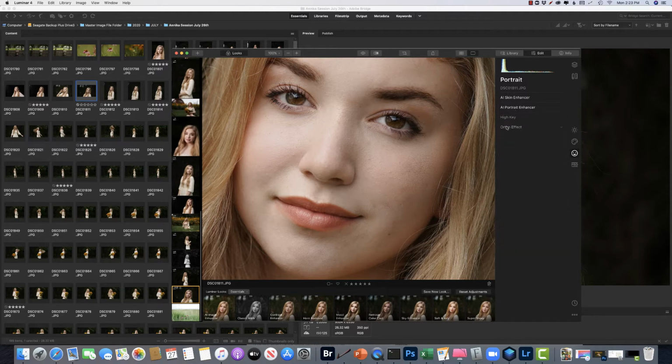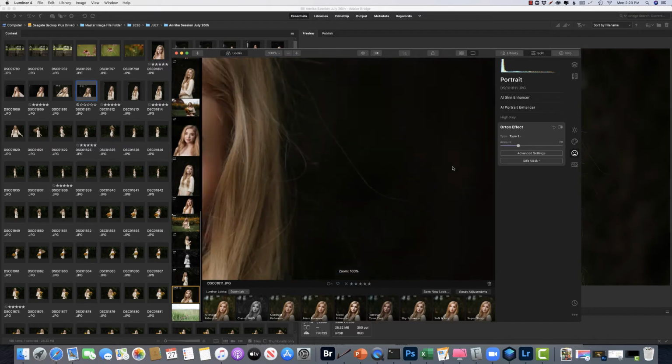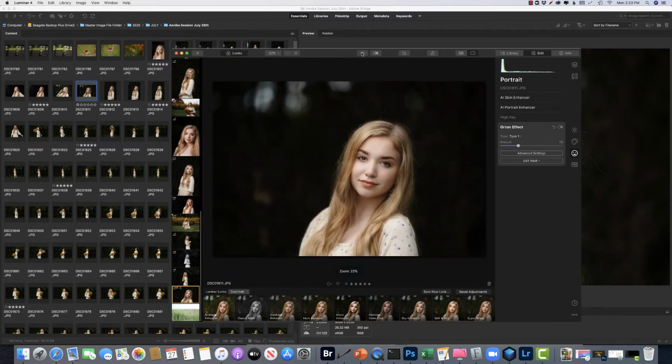The next thing was going down to the Orton effect, which is also in the portrait section, and move that over. And we can see that adding the Orton effect just really, oops, what did I do? Here's before and after. Together, the face lighting and the Orton effect and the skin smoothing and everything, it just made a really pretty portrait. Didn't adjust skin tone, that we got right in